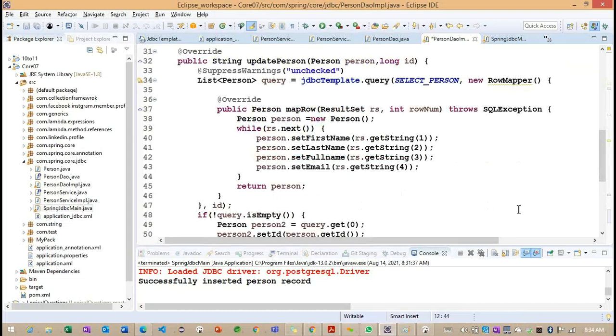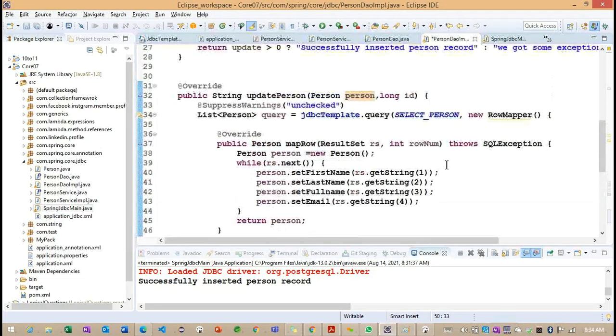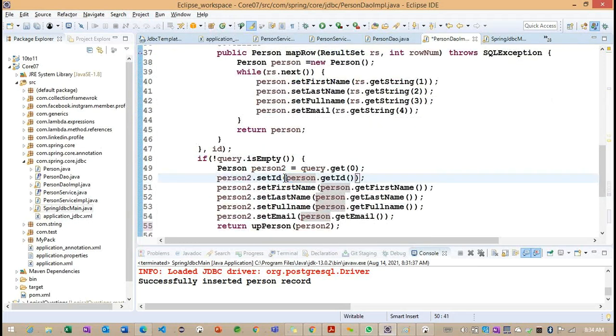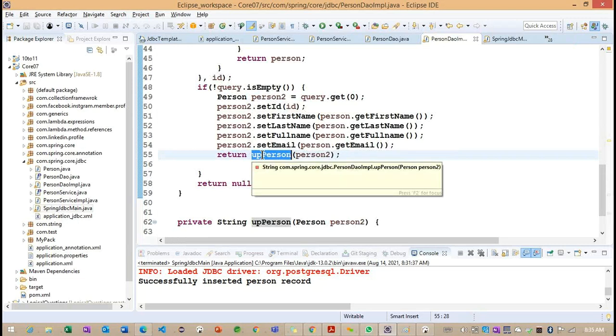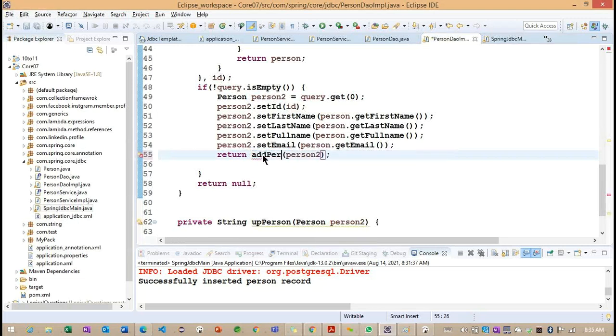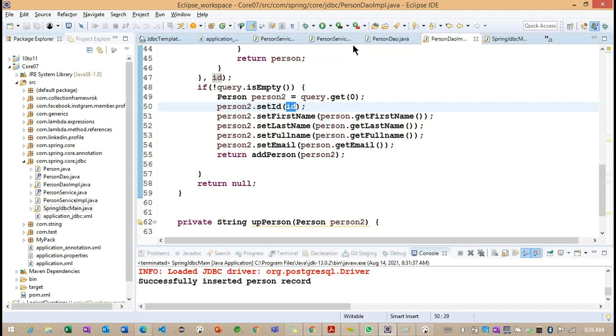Here we change the same, I think. What if we got in the second record, but here we need to pass the first record, something called ID. So instead of update person, we'll try to find out the same add person here, but here I am trying to pass the previous ID here.